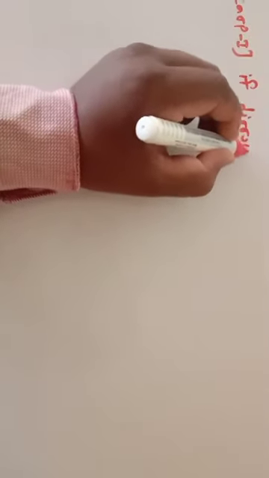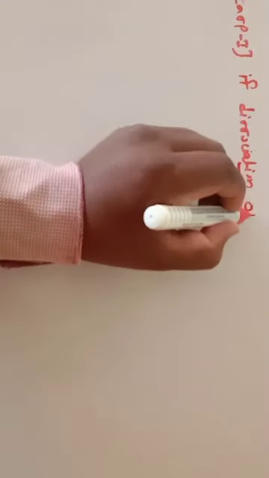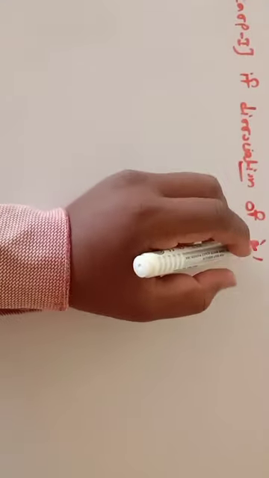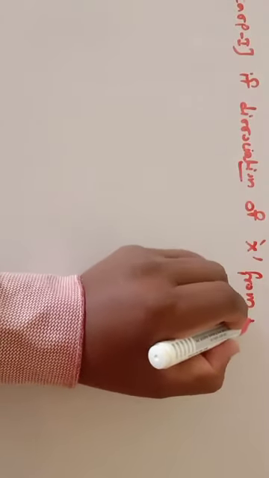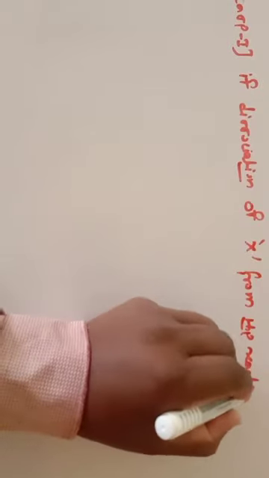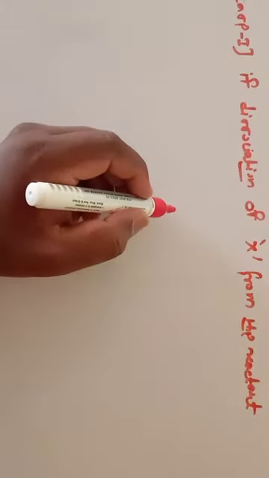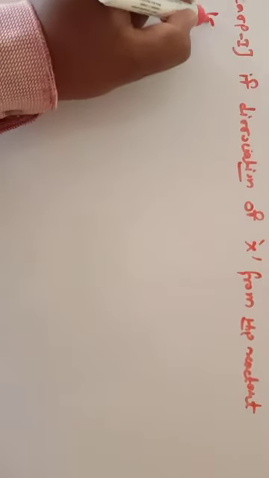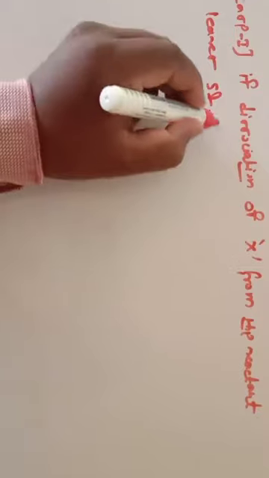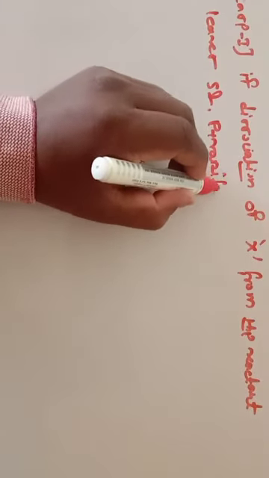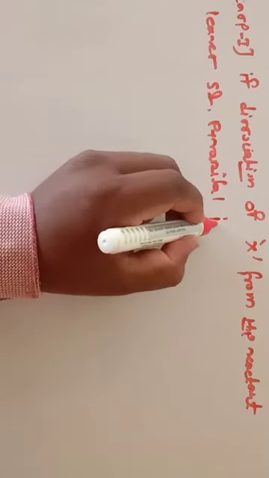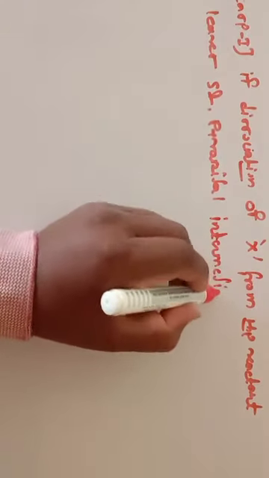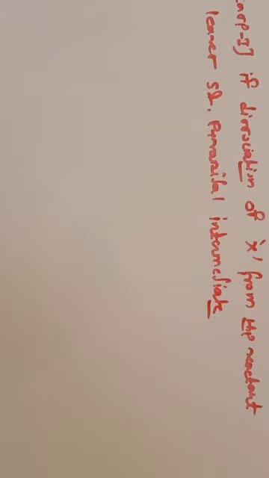If dissociation of X from the reactant, or from the complex, leaves a square pyramidal intermediate, if dissociation of X from the trans complex leaves a square pyramidal intermediate,